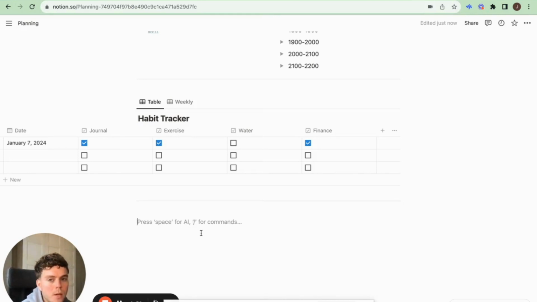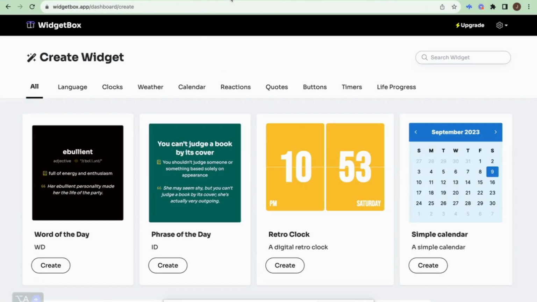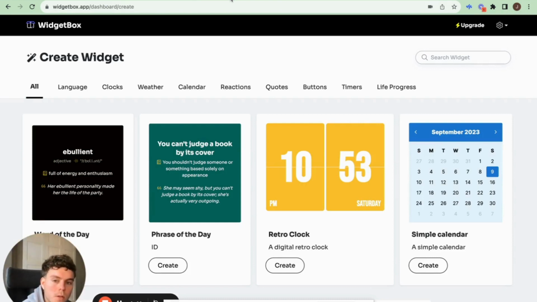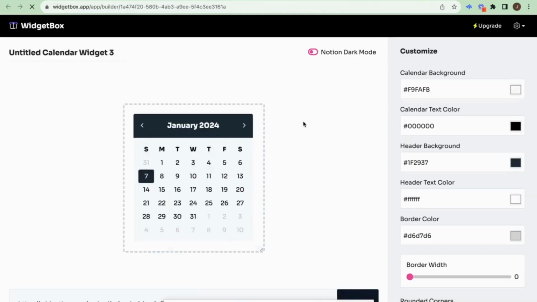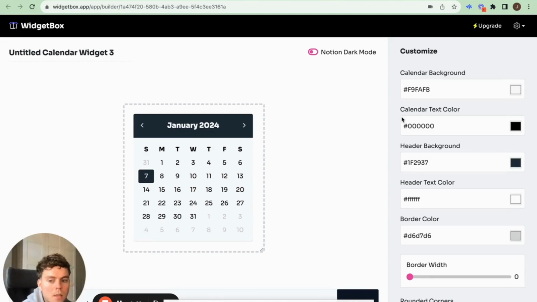And to do this, I also want to make use of a sort of plugin, which is called Notion Widgetbox. This is a free website where you can get your own plugins, your own widgets. So what I want to do is, for your weekly planning, I want to also add a calendar. So over here, already in the widgets section, you can click on Create. It's all free, and then here you can customize your calendar, and then in the end embed it into your